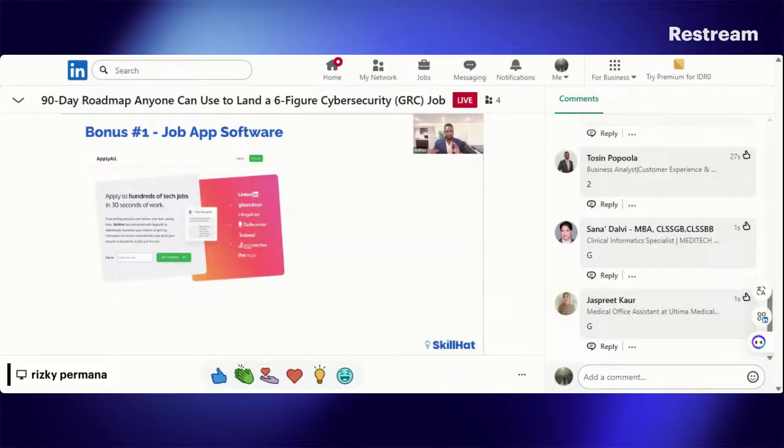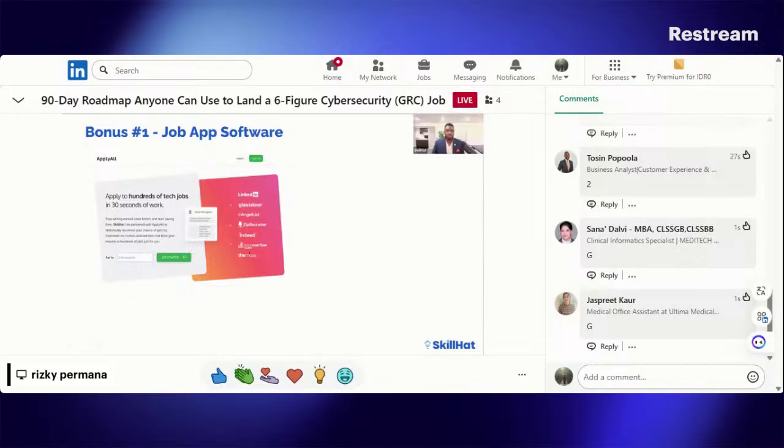Like, you love waking up, going on LinkedIn, applying for jobs. Give me an L in the chat. How many of you hate it? How many of you hate the application process? Give me an H in the chat. You want to just show up for interviews. You hate applying for jobs. I freaking hate it. I hate applying for jobs. Guess what? I love to just go to job interviews.